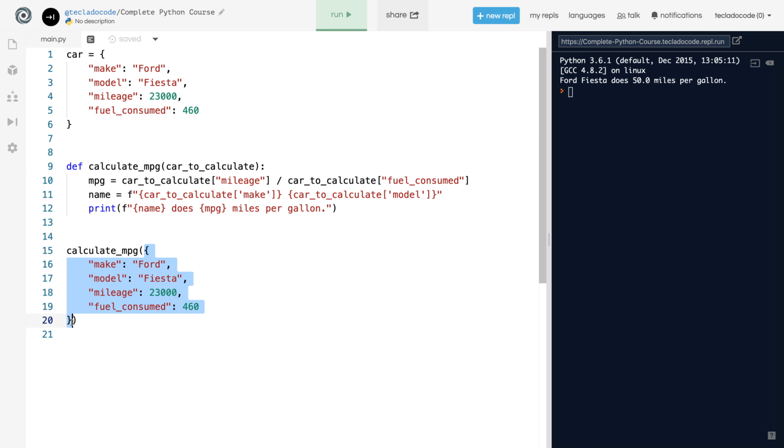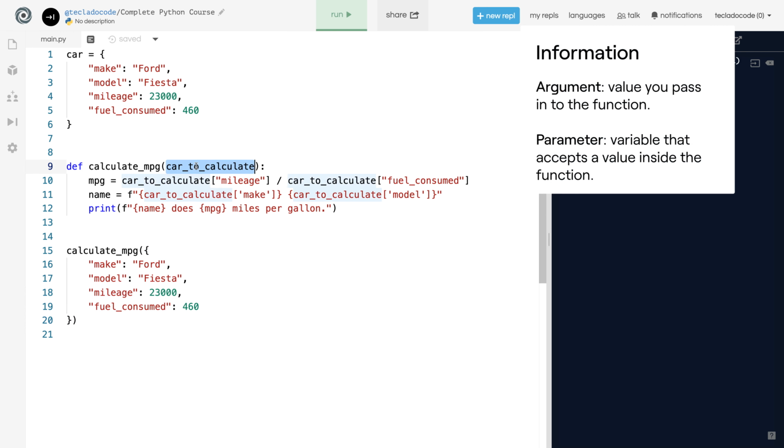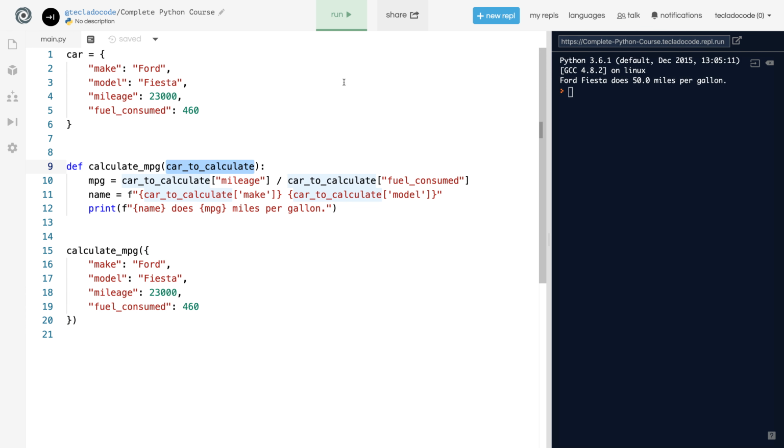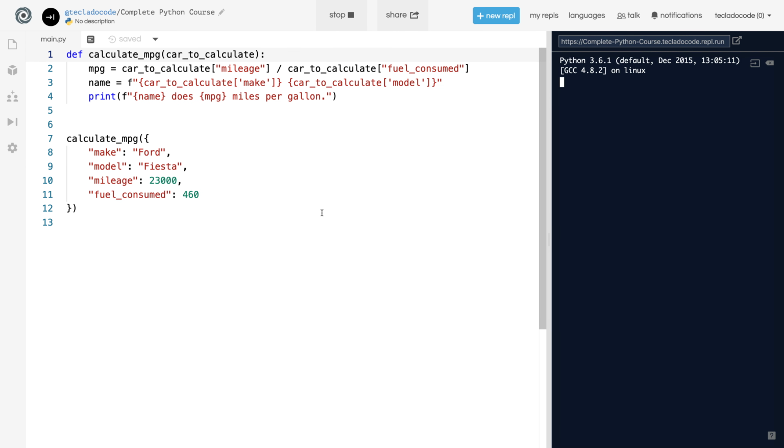And this argument here is what gives a value to this parameter. So the value you pass into a function is called an argument. The variable that receives the value is called a parameter. So if we run this right now, we can delete this variable, by the way. The exact same thing will happen because now we are running this function and we have this car_to_calculate variable, and when we run the function we are passing this dictionary into it. So when the function accesses the mileage property of this variable, we're accessing this thing here. And when we access the fuel consumed, we're